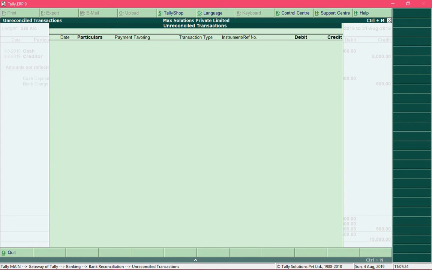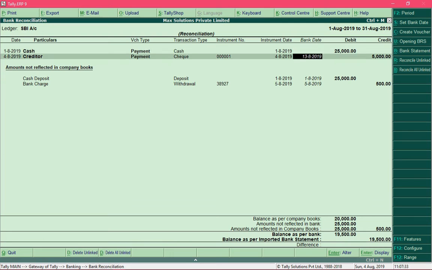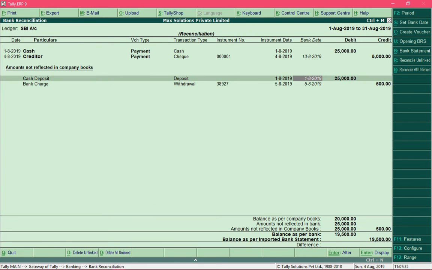So for this entry we are yet to pass a voucher entry, that is why there is no transaction displayed over here. So this was one way of reconciling all the entries by selecting entries one by one.